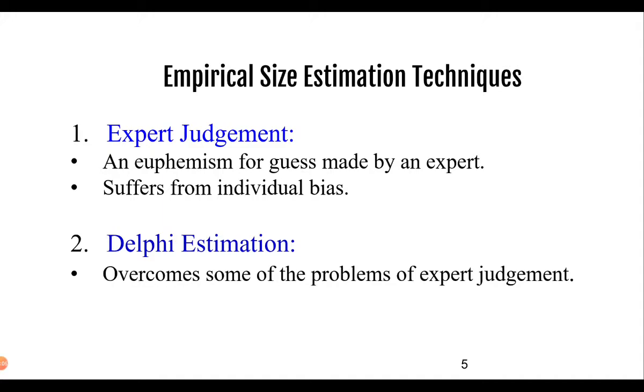In empirical estimation techniques, we have 2 major categories of techniques. The first one is expert judgment, where a euphemism for a guess is made by an expert and it suffers from individual biasness. So generally in expert judgment, there is an expert involved